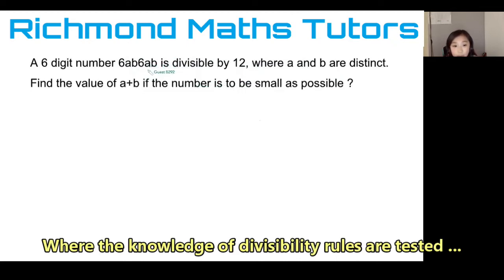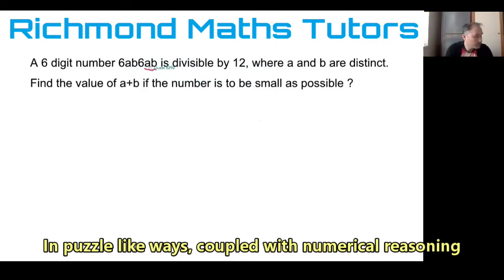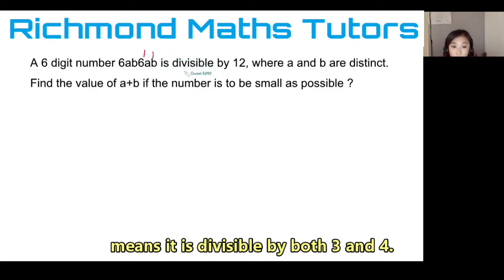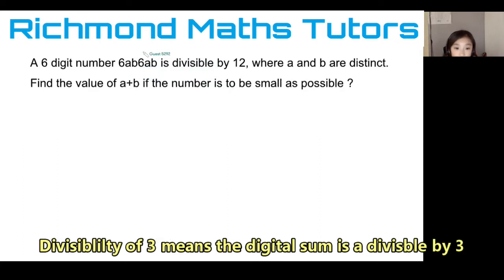To work out if it's divisible by 4, you have to look at the last two numbers. If it's a multiple of 4, the entire number is divisible by 4. So let's say that the last two numbers are 11, but that doesn't work because 11 isn't divisible by 4, sorry. So if it's a 12 at the end,